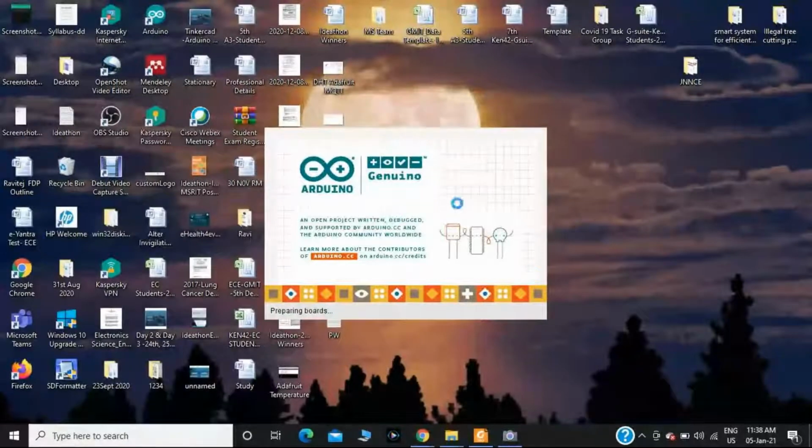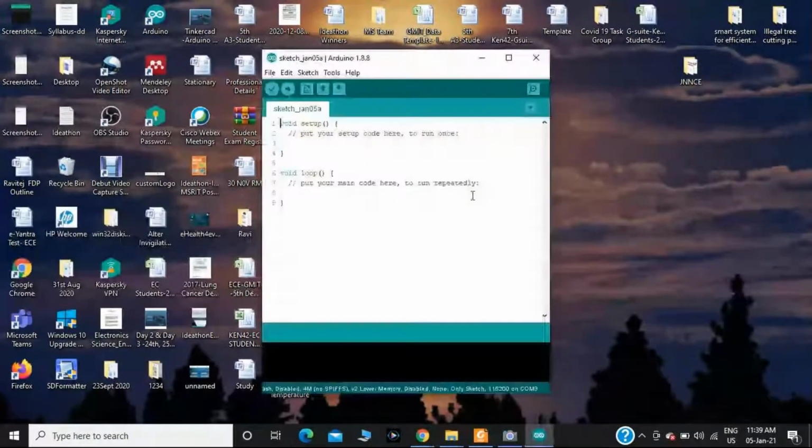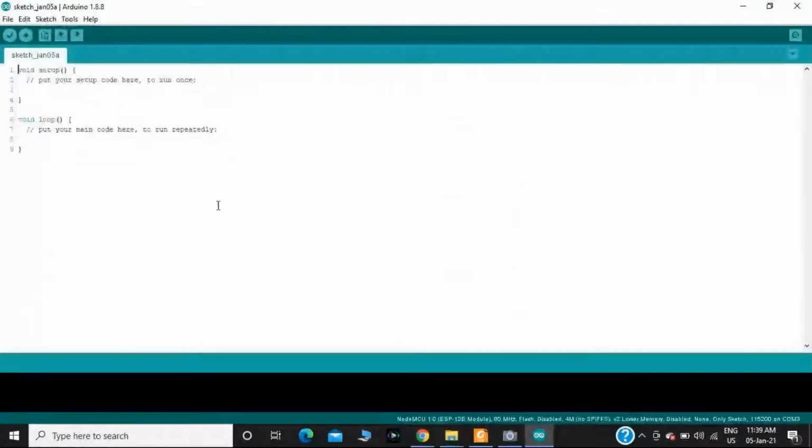Okay, this is the Arduino IDE, the integrated development environment board. Here I have taken the Arduino 1.8.8 version, and as you know, this one we are going to call the menu, this one the button bar, and overall this one the program area. The blue line we are going to call the status bar, and the black one the program notification area.